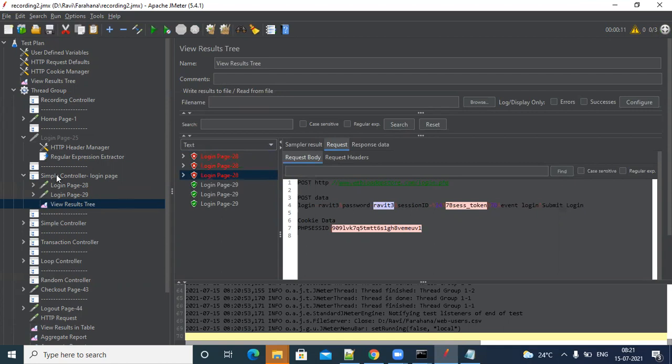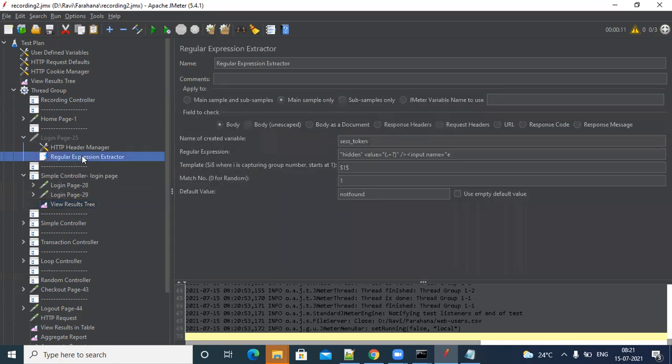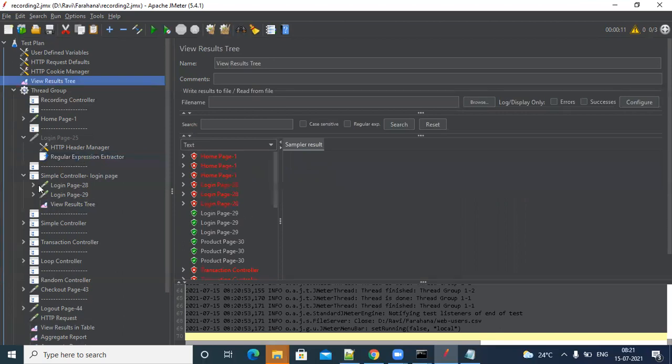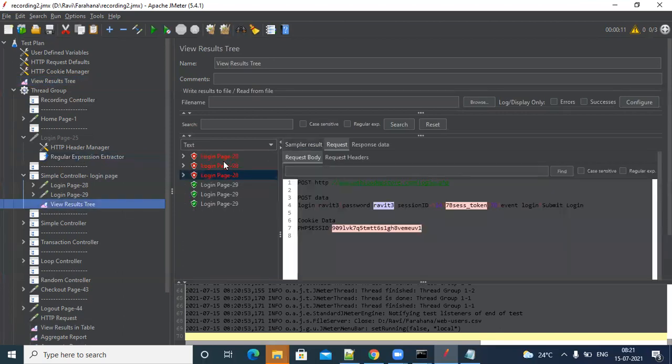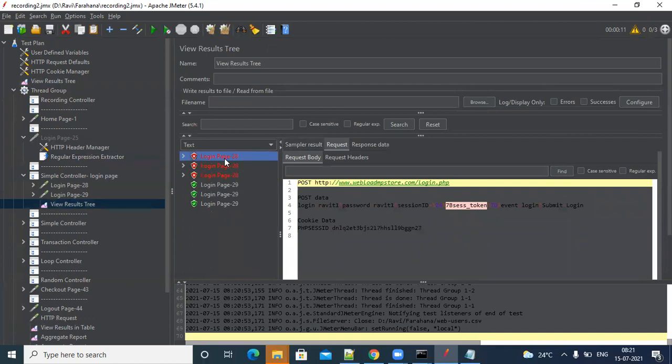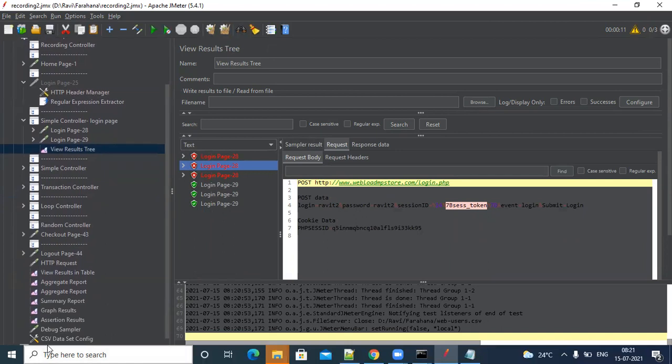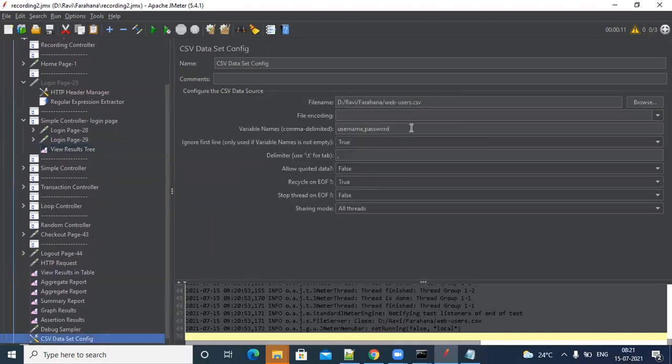And we did a correlation, right? The correlation will automatically happen for each and every user, as we discussed earlier. So you don't have to worry, it will happen for every single user. Okay. Clear, right? This is how we do it simply. We added the file and we defined the variable names. If there is no header, we keep ignore first line false. If we have a header, keep it true and execute it. Clear, right?